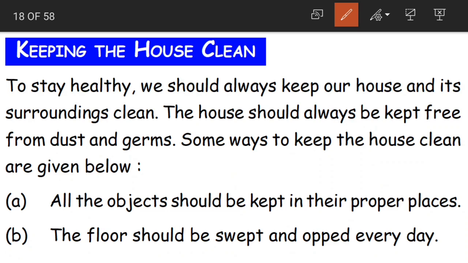Along with that, we must also maintain cleanliness of our house. We have to keep our house and the surroundings of our house clean. Why? To stay healthy.